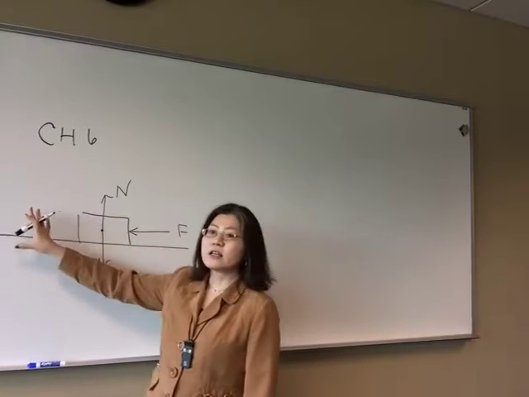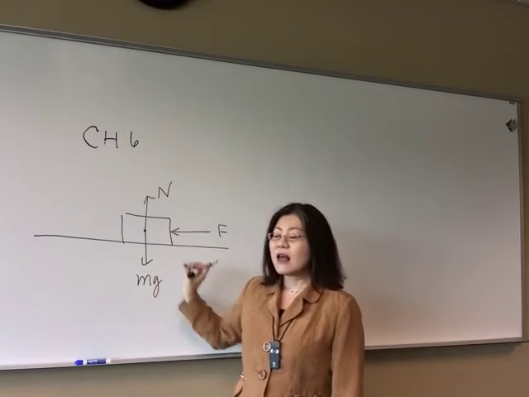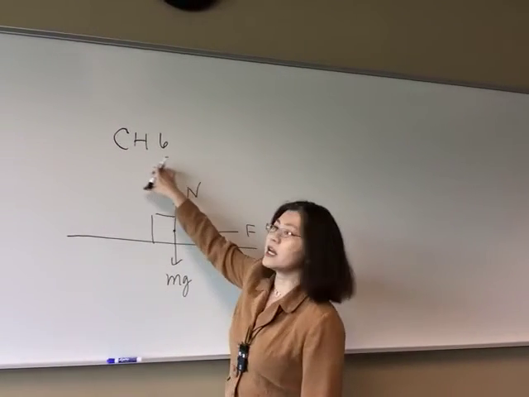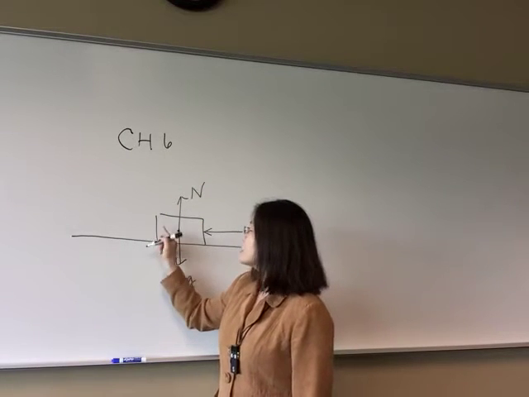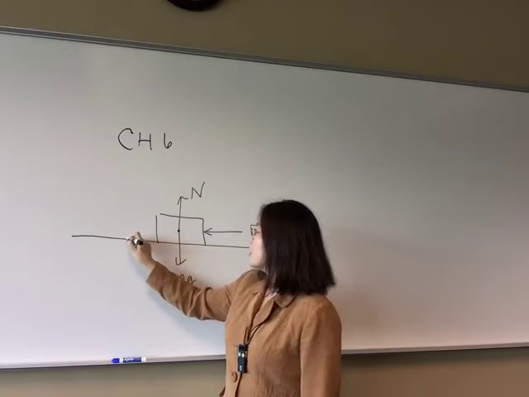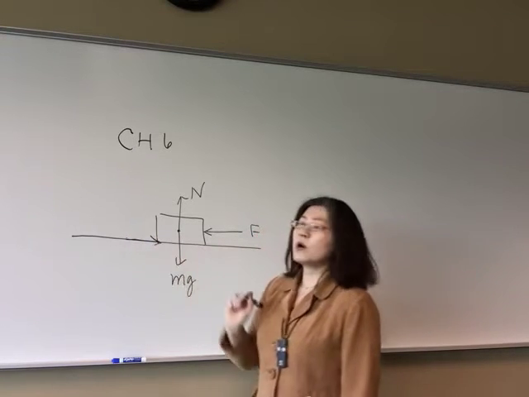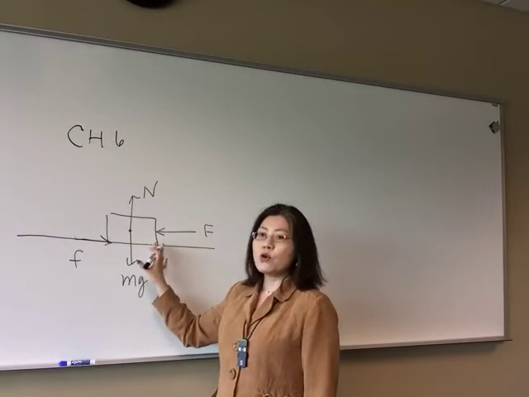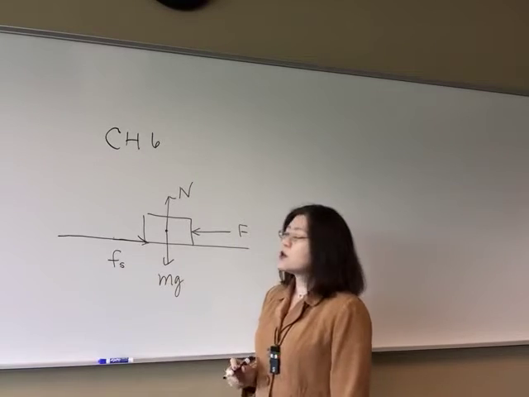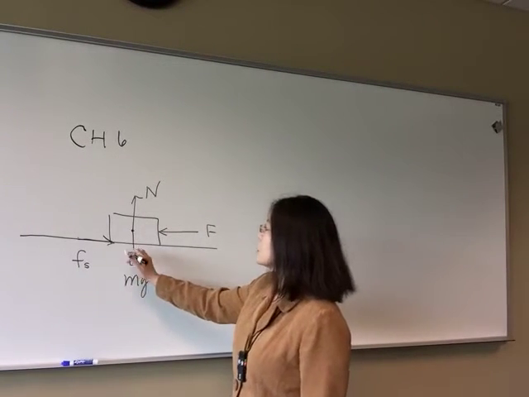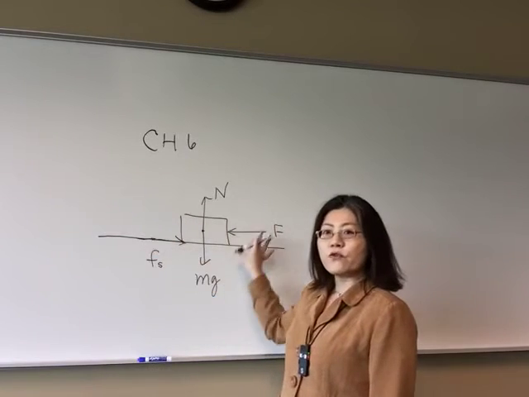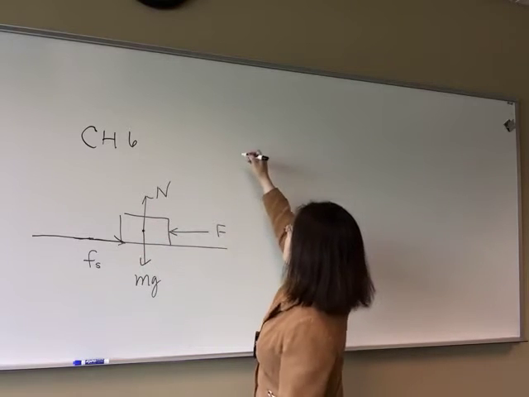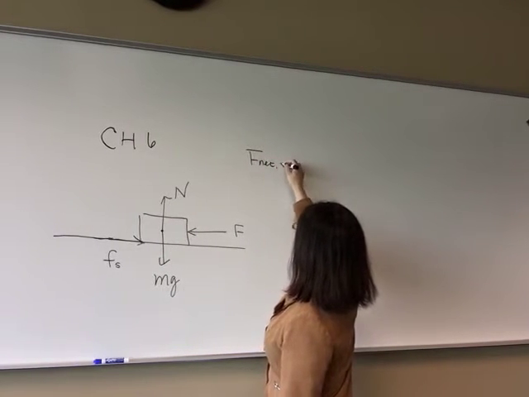It does not move because there's another force that's opposing the motion, and that force we call the frictional force. In this case, the attempted motion is to the left, which means this block is experiencing a frictional force that's opposing the motion. So the frictional force we call lowercase f, and if it is not moving, we call that static friction. So we have the experience of static friction. Just based on this diagram, because the whole thing is not moving, then by using Newton's law, in the horizontal direction,